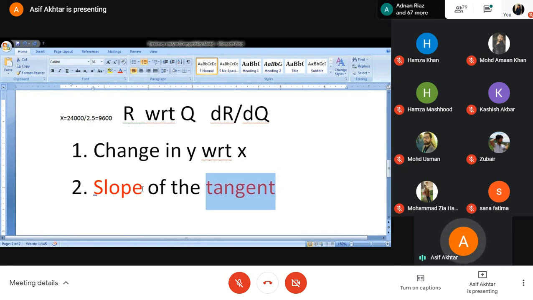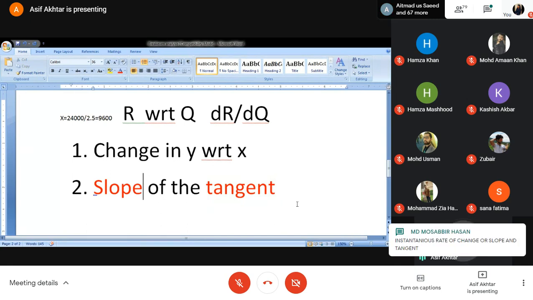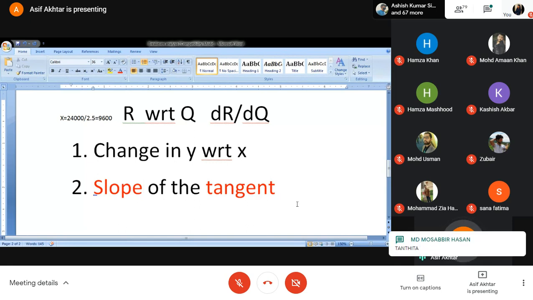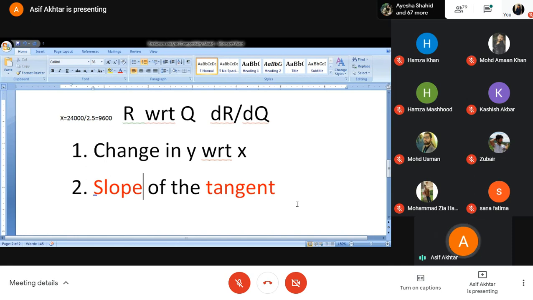I hope that maximum students here present are aware of this word, tangent. तो सबसे पहले तो आप slope की बात करते हैं. How many of you understand the word slope? What does slope stand for? So the angle made by the graph with the x-axis. Right, absolutely right. Slope is the angle made by the line, not by the graph, it is the line. So the angle made by the line with the x-axis is the slope. And you know that angle is measured in terms of degrees, 45 degrees, 60 degrees, 75 degrees. That is very important for us. So in many calculations, we want to know the degree or the angle made by the line.